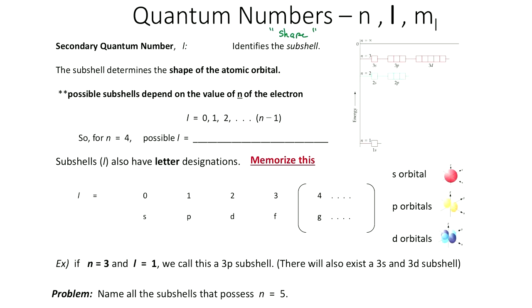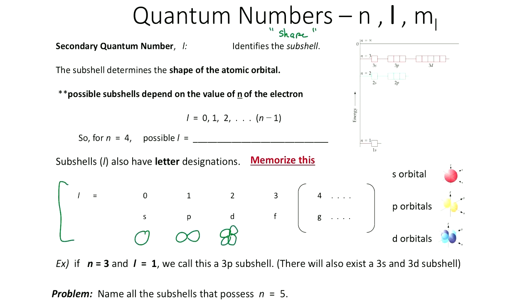So let's just go through the possible L's that we can have. L can start at 0. An L of 0 relates to what I call an S subshell. An S subshell is completely spherical. And then L can increase from 0 with all of those integers. So we can have an L of 0, we can have an L of 1. This relates to what we call a P subshell. A P subshell looks like a dumbbell. And then we can have a D subshell. This is where L equals 2. D subshells look like butterflies.